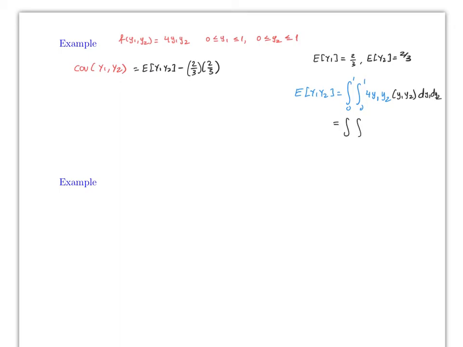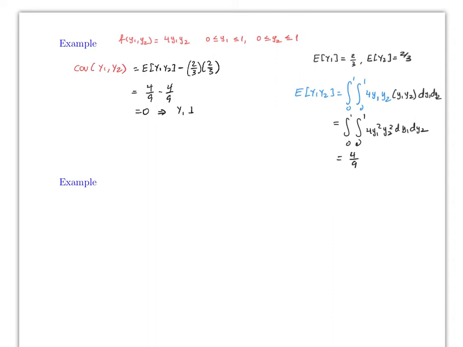So this is the double integral from 0 to 1 of 4y1 squared y2 squared dy1 dy2. Now these are very simple integrals, so you should check this is equal to 4/9. So therefore this will be equal to 4/9 minus 4/9, which is equal to 0,